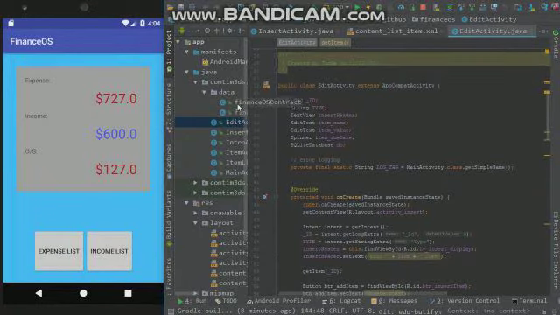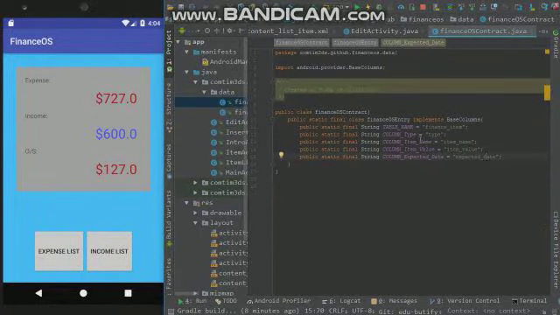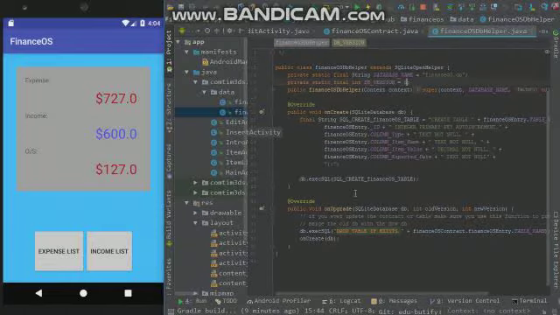So that is that. I have my database contract here, which defines the columns in a table. I also have my database helper, which creates the database and defines things that can be null and are not null. For my